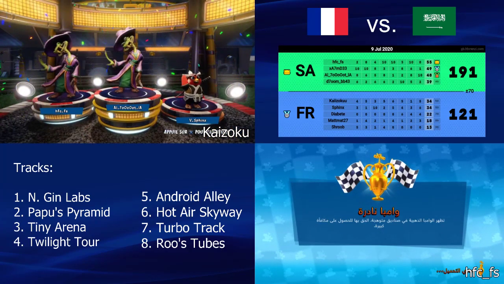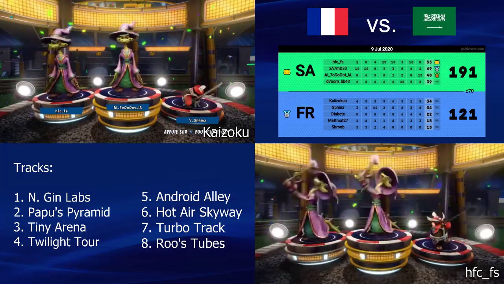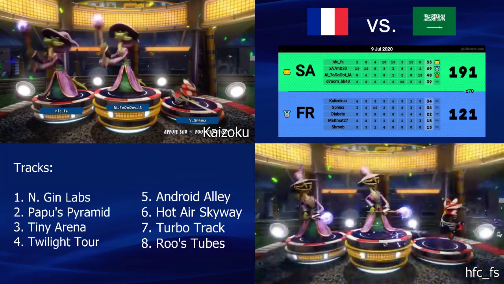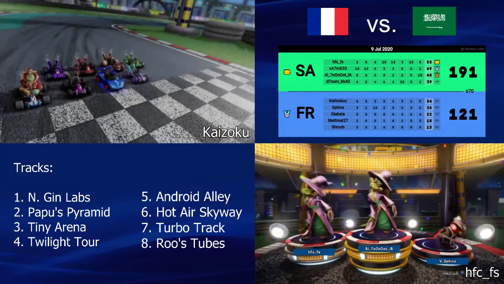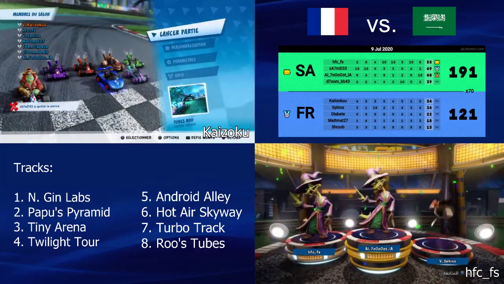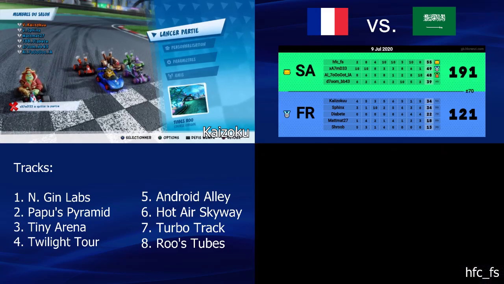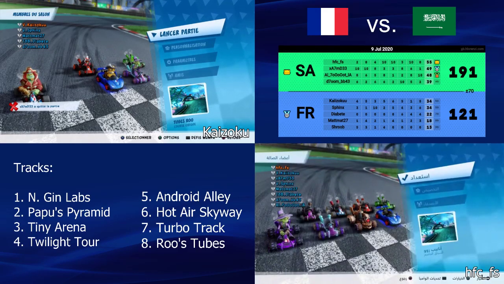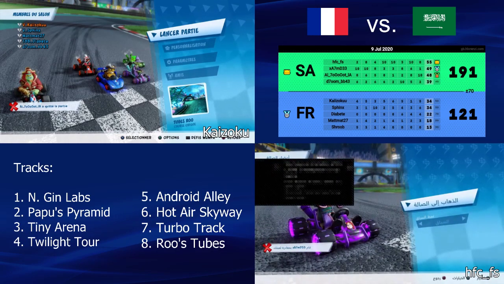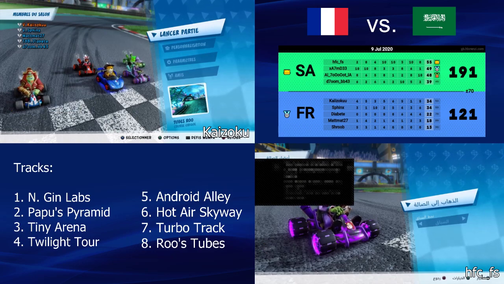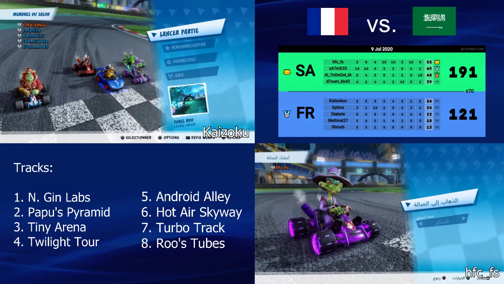I mean, it was a fair fight, I have to admit. I mean, it is how it is. Yep. I mean, this is still the seeding phase. Nothing is really going to happen with that. France and Saudi Arabia are going to be in the same round again next time. I don't know if they are going to get matched against each other.